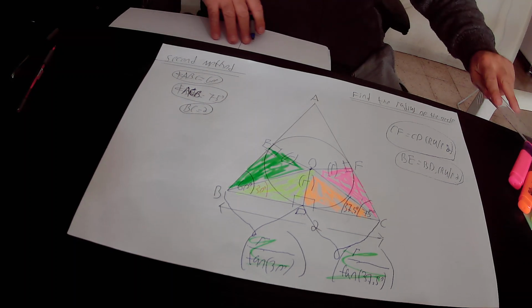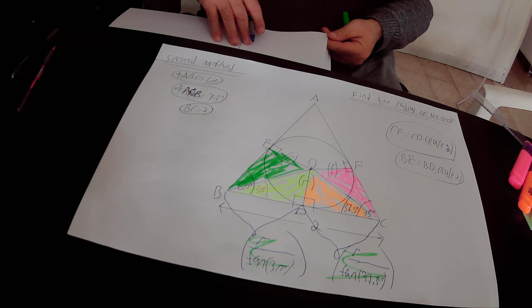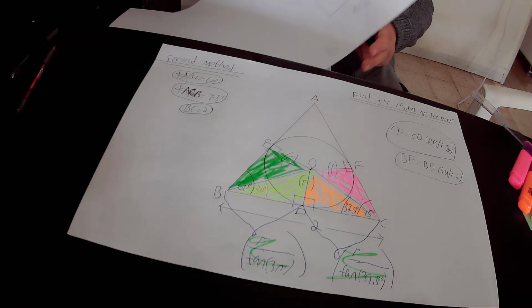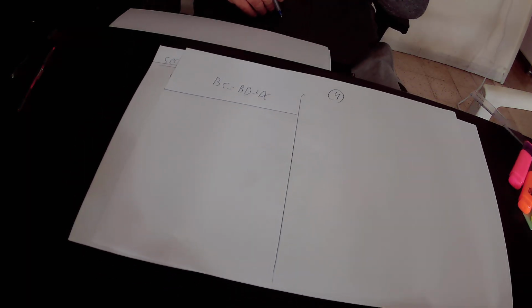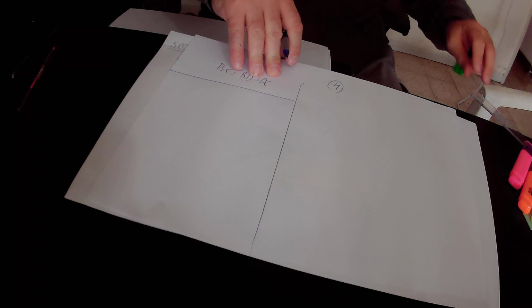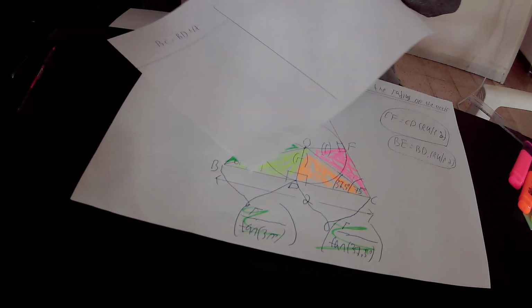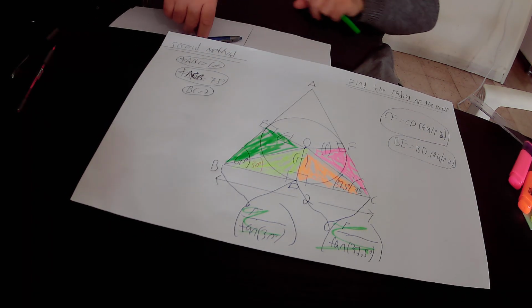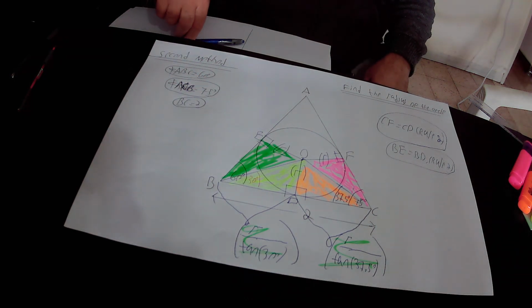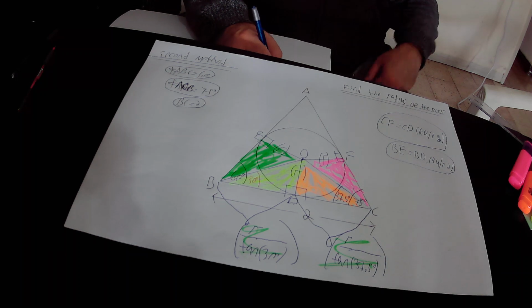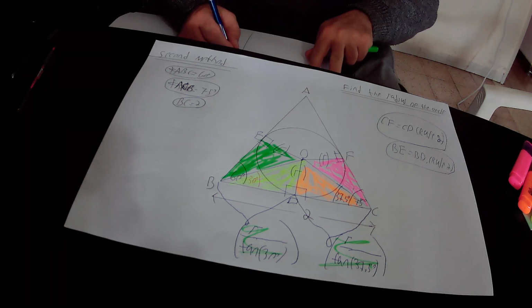Repeat again: side BC equals BD plus DC. According to what is given, BC equals 2 units in length, so we substitute BC by 2, and it equals BD